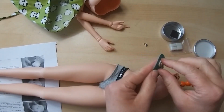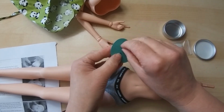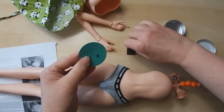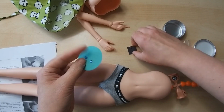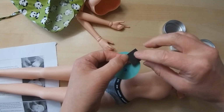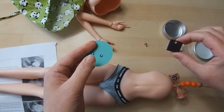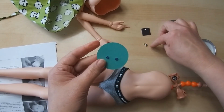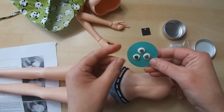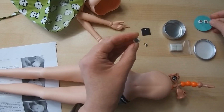So I'm going to take off, I don't want to lose this one. In fact, this is where this little magnet might come in handy. I'm going to take that one off and I'm going to stick it on there. It will stick on. There we go. So that again now is safe, because I'm going to be putting the other one in. So that one's safe. So I am going to take my little magnet off the back here with its